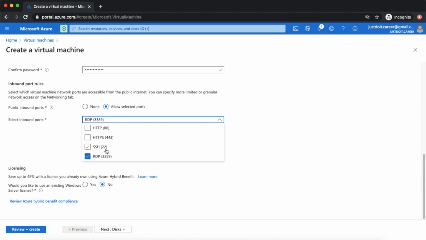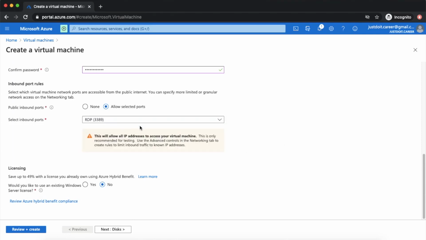These are a few default ports provided by Azure. So it is HTTP, that is port 80, HTTPS 443, SSH if you have a Linux machine, and RDP if you have a Windows machine, to do the remote desktop connection. Now I'm selecting this one because it's a Windows machine and it will allow me to access this machine using port 3389.